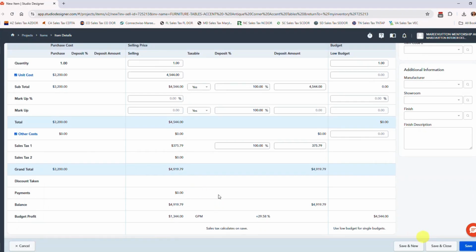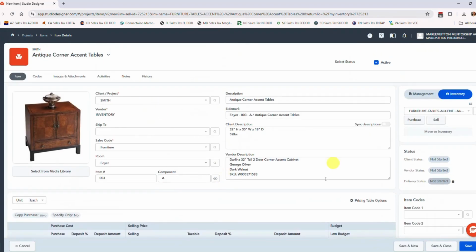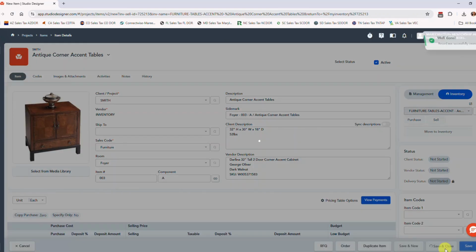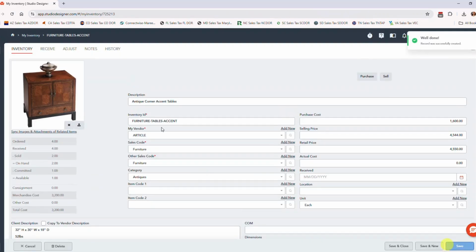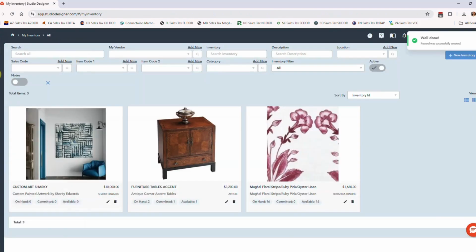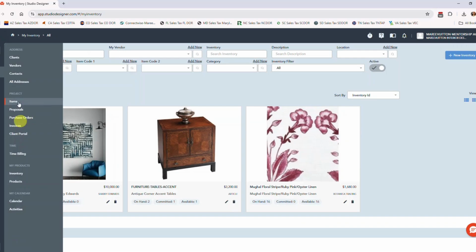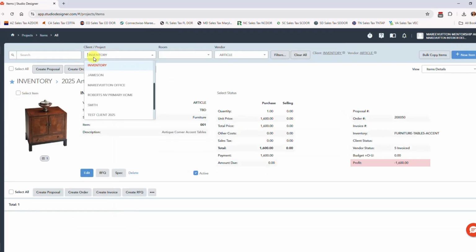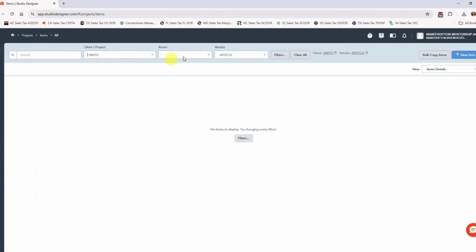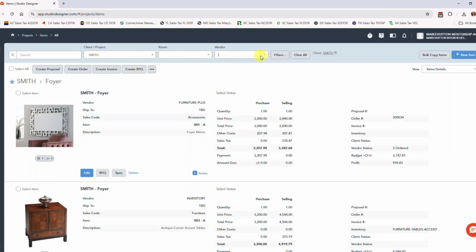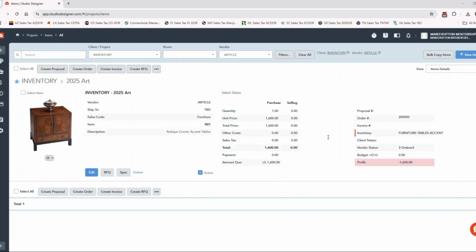Okay, so I am going to now save and close, and I'm going to go pull this back up for client Smith. Foyer. Okay, so cancel. I'm going to go back to the toolbox and go over to items. Okay, and I'm going to pull up client Smith, and we can filter so it's a little bit better. Okay, so I was able to create the PO for this, and